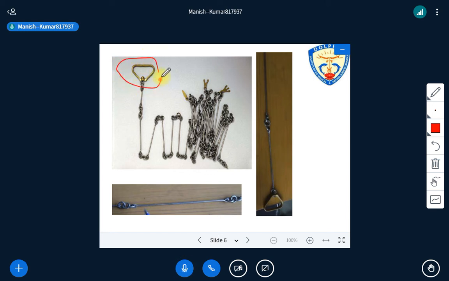If you look at that, we have the handle and then all these links. This is called a link. Look there, from this point to this point, right? This is a link, and the length of the link is 20 centimeters. So if 100 links are there, you'll get a 20 meter metric chain, right? And if you take this kind of circle, the diameter of the wire is around 4 millimeters, right?